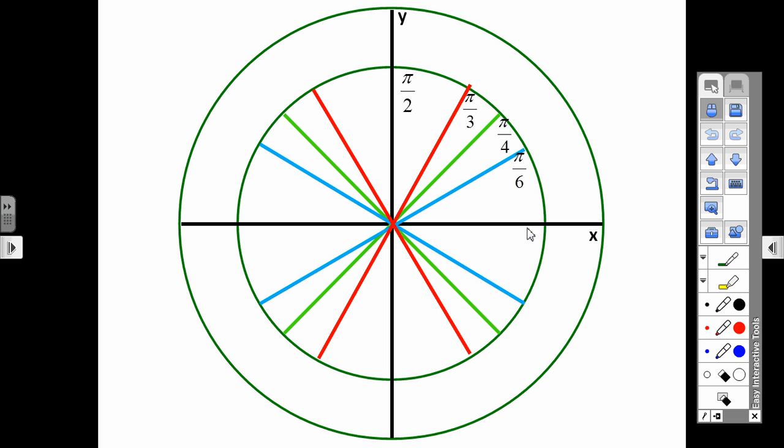We're going to go ahead and figure out the rest of the quadrantal angles, which over here would be 0 radians, or if you go all the way around, it's going to be 2 pi radians. This side over here is going to be pi, down here should be 3 pi over 2. Okay, so now that we have those taken care of, what we're going to do is,